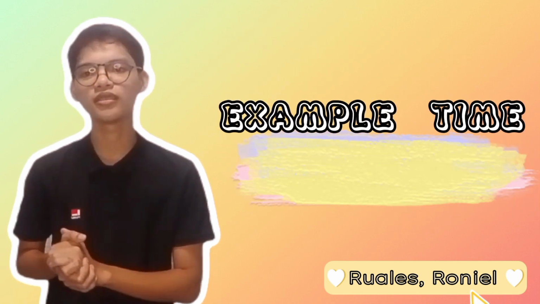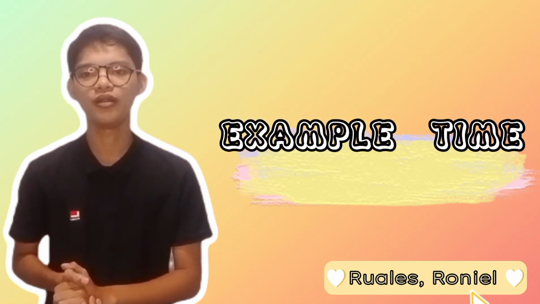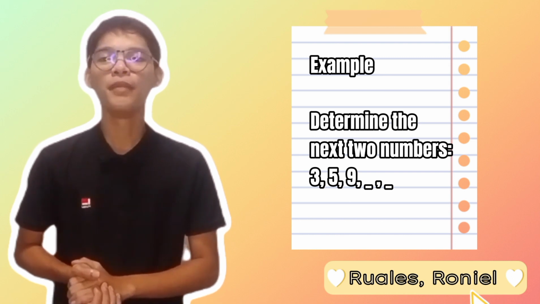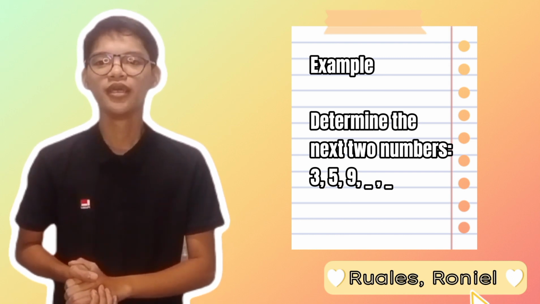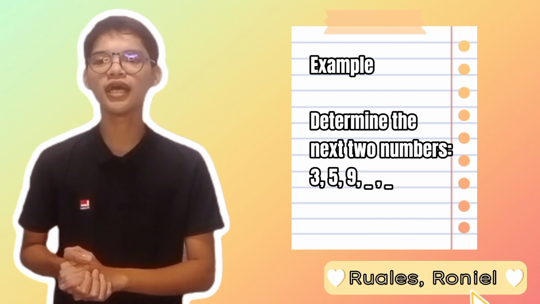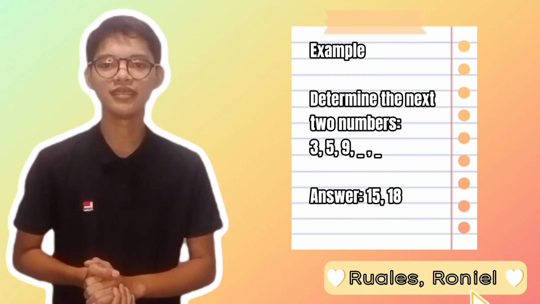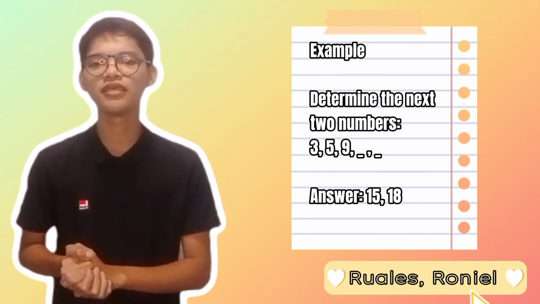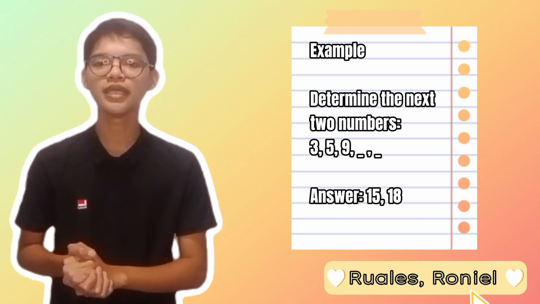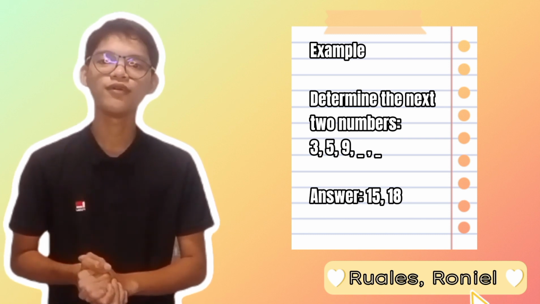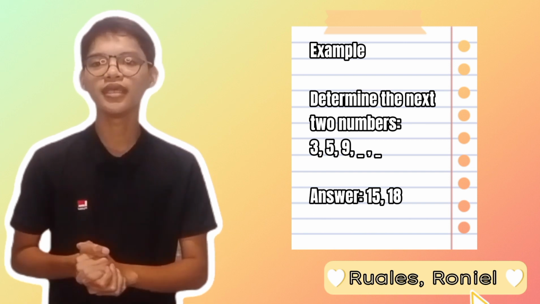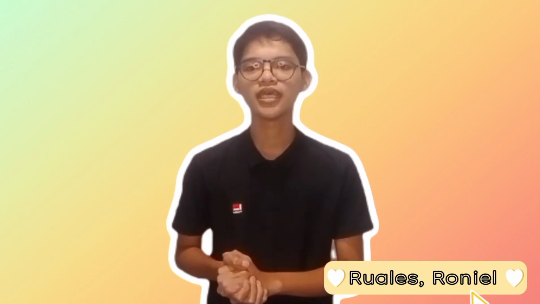In order to understand more about this reasoning, I'm going to give you some examples. In this example, we will make a general conclusion from the given specific example by observing the pattern of the problem. If we look at it thoroughly, we will identify that the answers to the given problem are 15 and 18. Why did we conclude that it is the right answer? Because, based on the numbers before them, 3, 6, 9, 12, the pattern is that all of them are divisible by 3. Therefore, through the observation of the pattern, we were able to get the right answers, which are 15 and 18. For more examples, let's have our scenarios, which will be explained by Miss Chanel after.